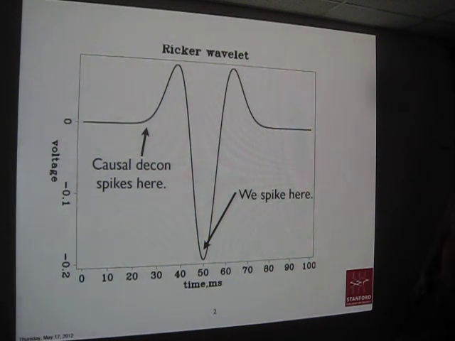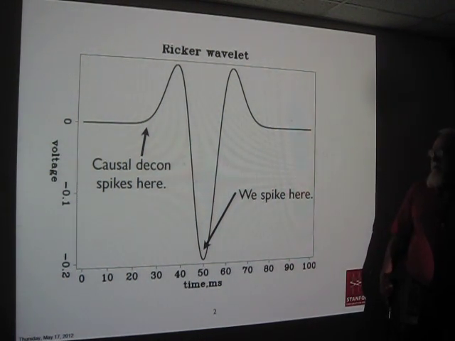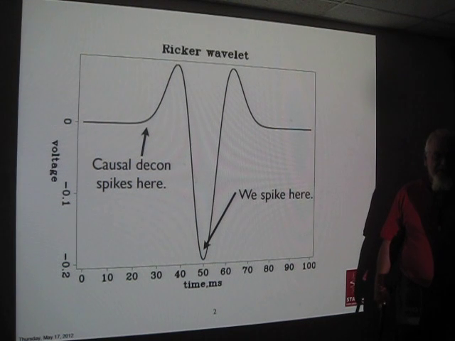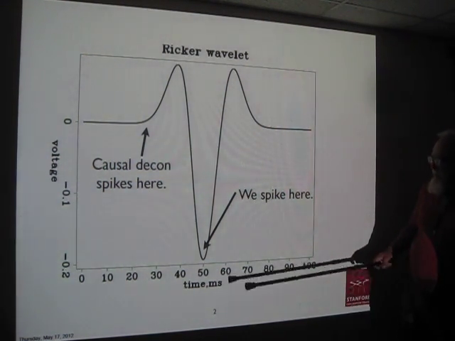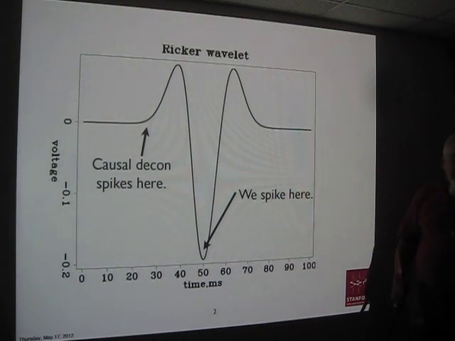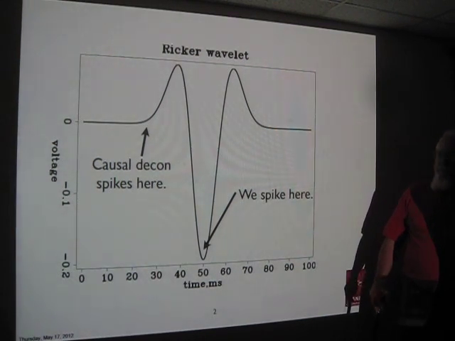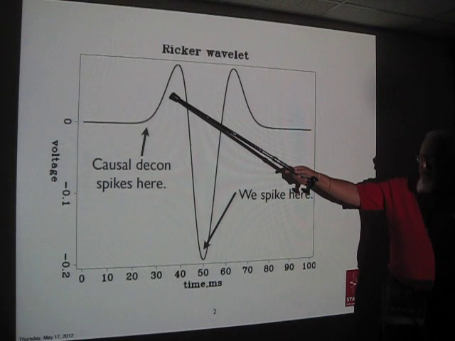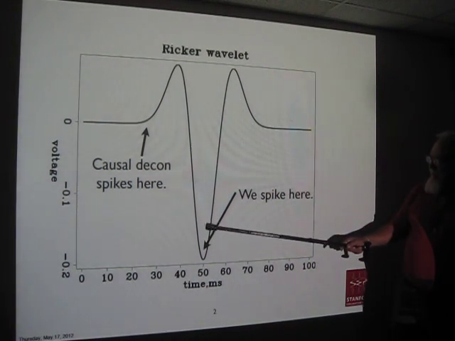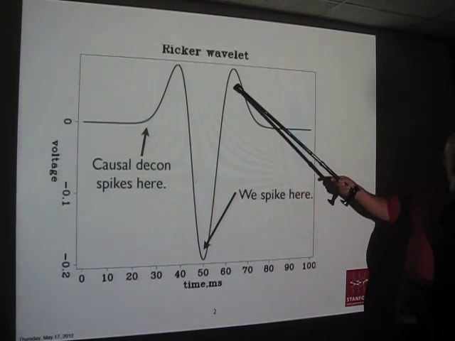So here's the usual Ricker wavelet, and this is what we usually see in marine data. And the reason we usually see this is because the shots are underneath the water, and there's a ghost. A wave goes up, hits the free surface, turns around, and comes back down with the opposite polarity. And this happens twice. It happens once near the shot and once near the receivers. The receivers are also underneath the water. So more or less, this is your direct arrival, and this is your water. There are two rays that have this path that have one surface bounce, and the rays that have this path have